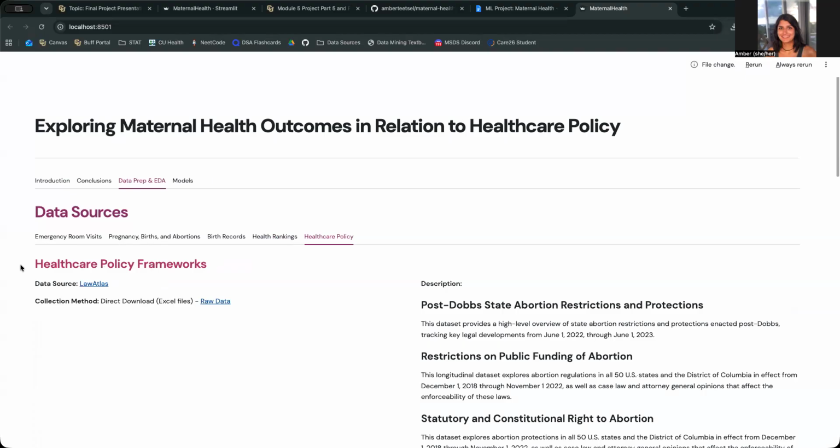As I move through the rest of the presentation, you'll see that the mathematical conclusion of basically every single model was absolute, and that is that a state's legal restrictions on reproductive rights are completely inseparable from its health outcomes for mothers. So with that said, we'll dive into the data.